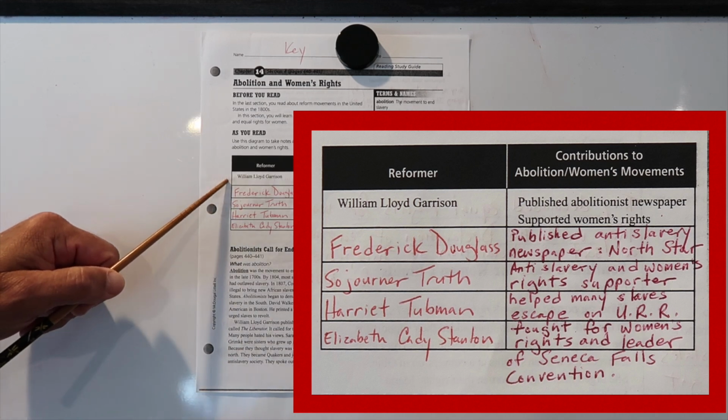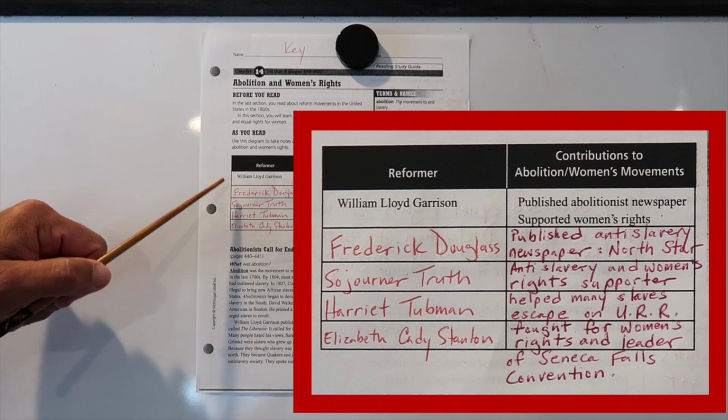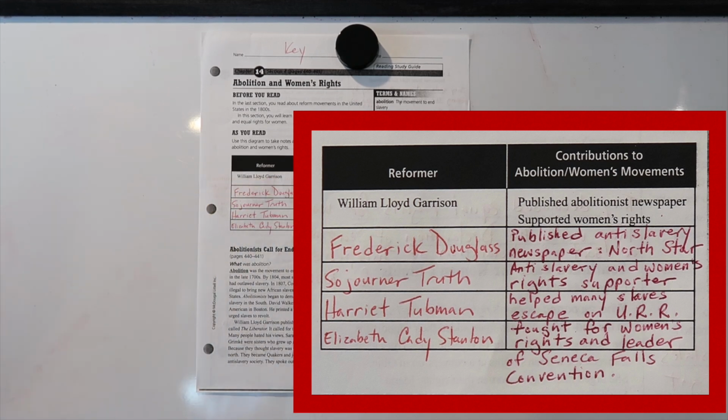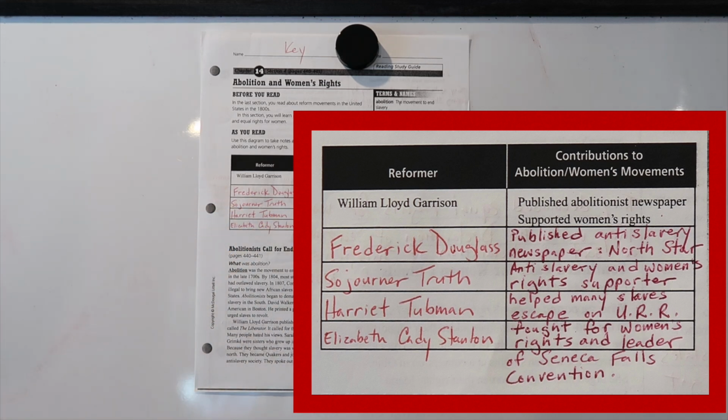And one of the reformers was done for you. We talked about him already, William Lloyd Garrison, a white northerner who published an abolitionist newspaper, supported women's rights. Frederick Douglass, an African American who also published an anti-slavery newspaper called the North Star. We talked about how